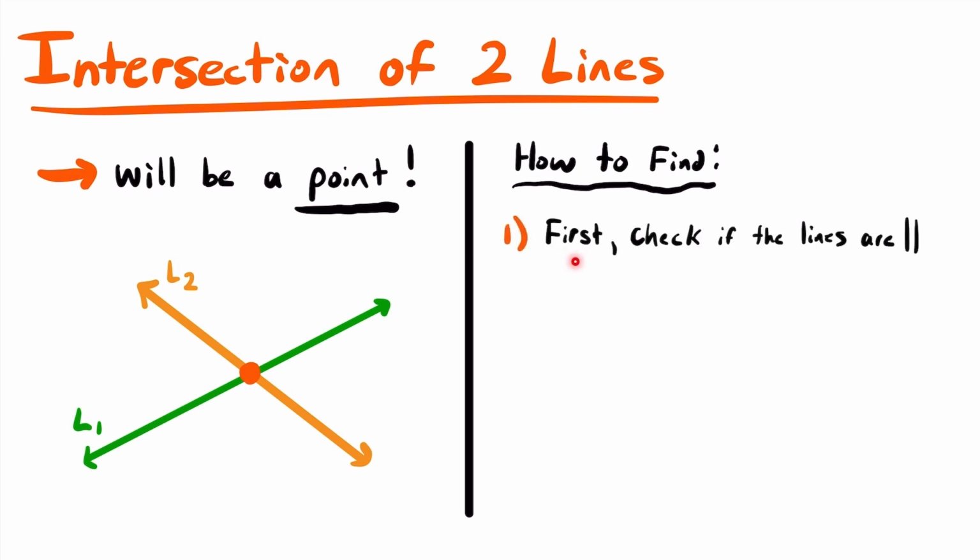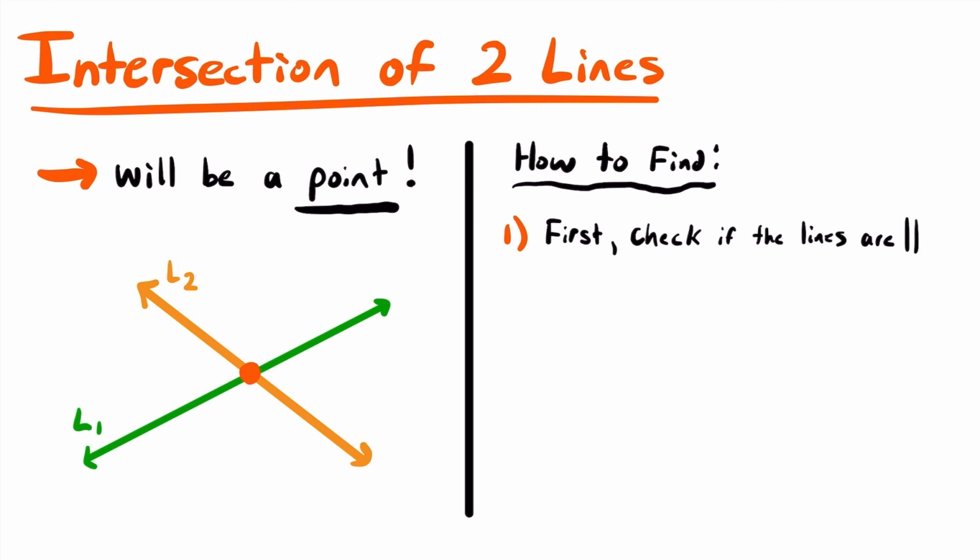The first step is to check if the lines are parallel. All right, and that's as simple as taking a look at the direction vector for each line and seeing if those direction vectors are scalar multiples. If they are, then the lines are parallel and they obviously won't intersect, and so that would be the end of your work. But if they're not scalar multiples, then the lines are not parallel, and so they could intersect,